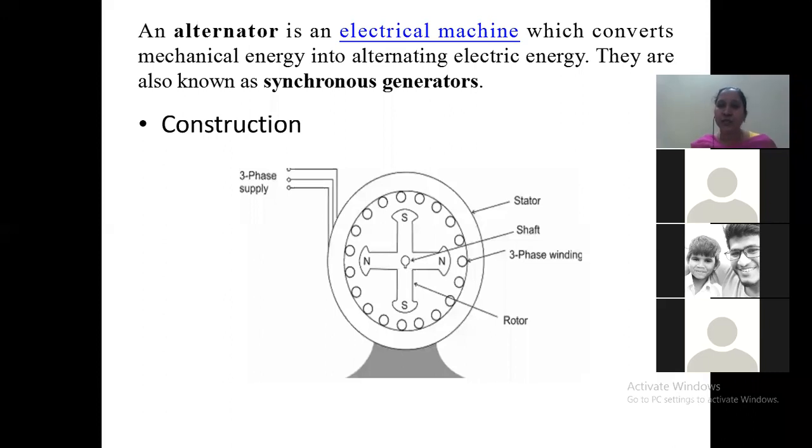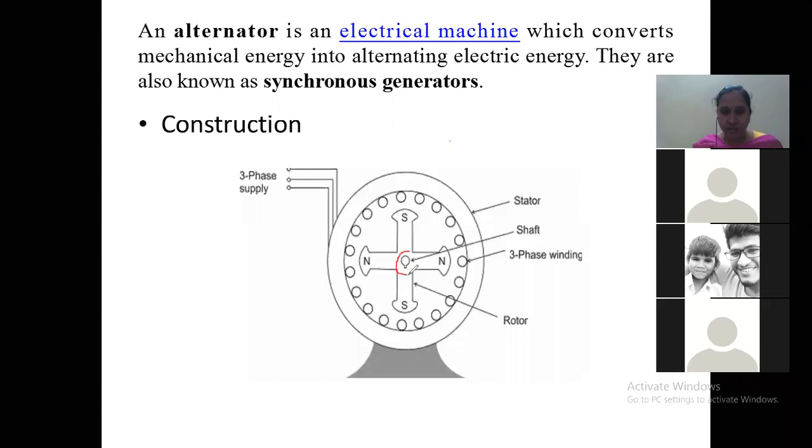Let me continue. So you can see the cross section of a synchronous generator or the alternator here. Inside, we have a shaft. This circular one is the shaft. Around that we have the poles. On those we have the windings, which can't be seen here actually. So this is our rotor part. This entire thing will come under the rotor part.